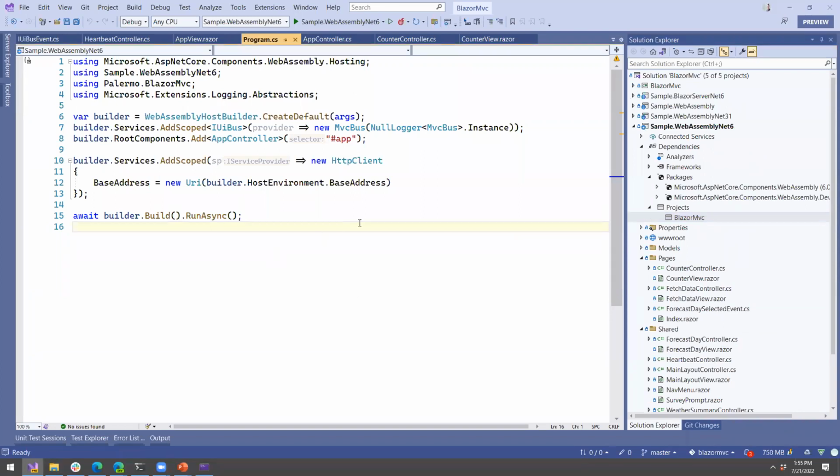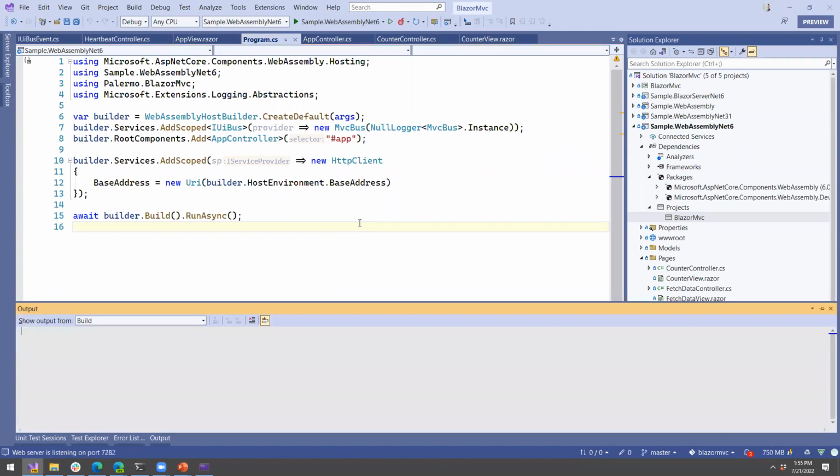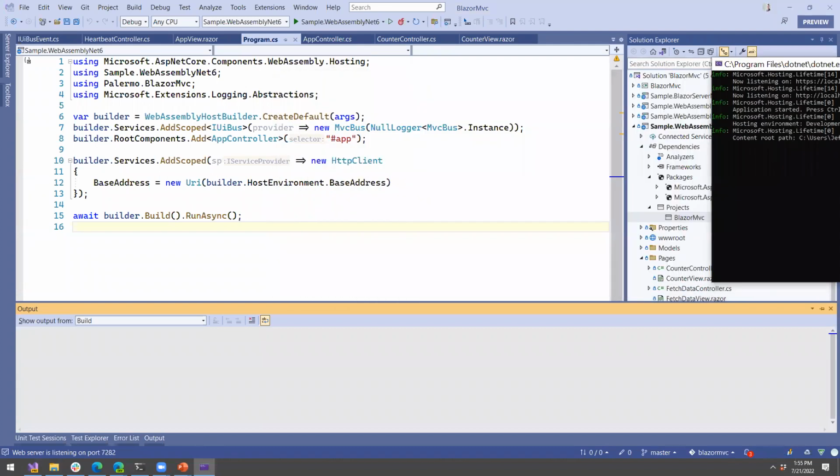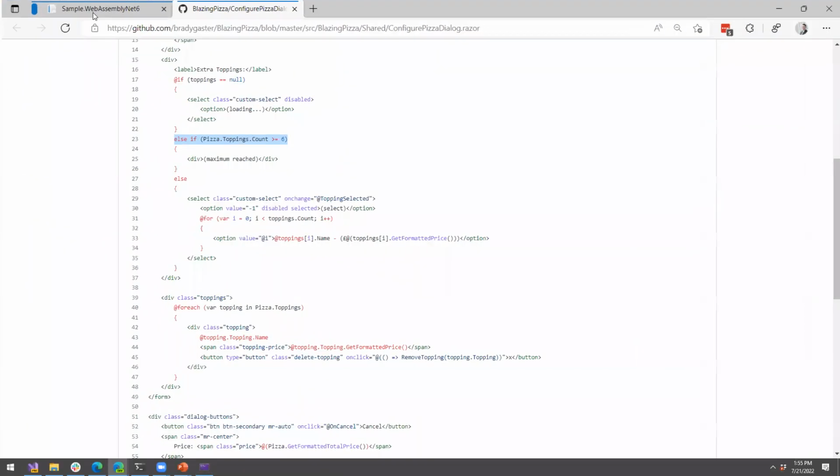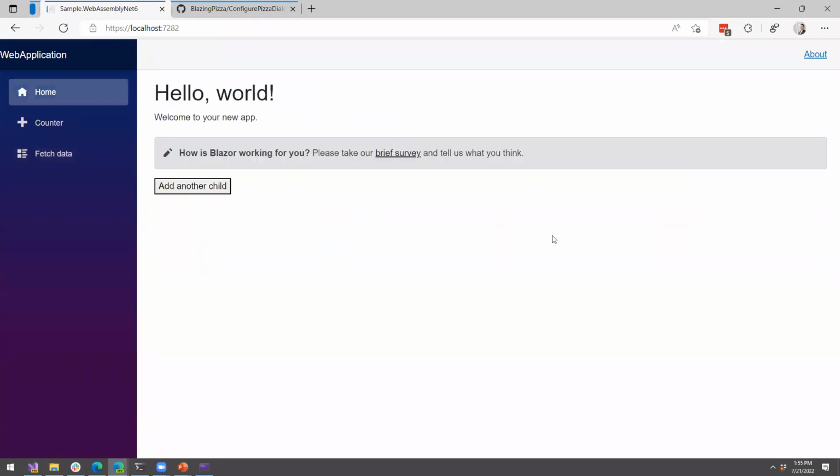It starts up. By the way, I am going to start up the application, just run it so you can see kind of what it does. And it's running. All right, running right there. That's good. And the browser that it opened. Oh, it actually opened here. All right. So if I go home,